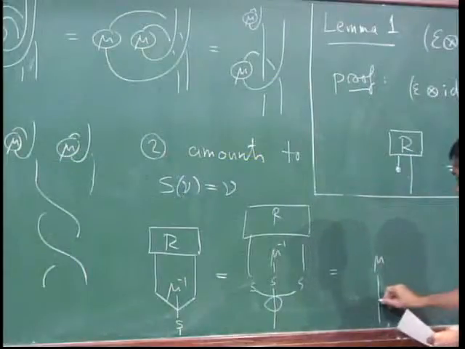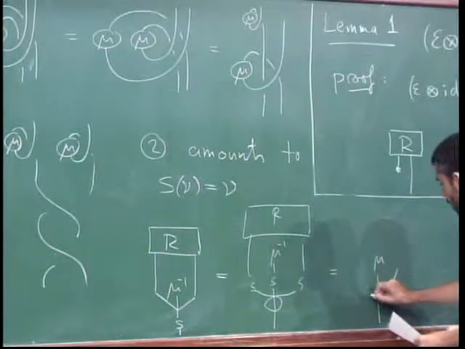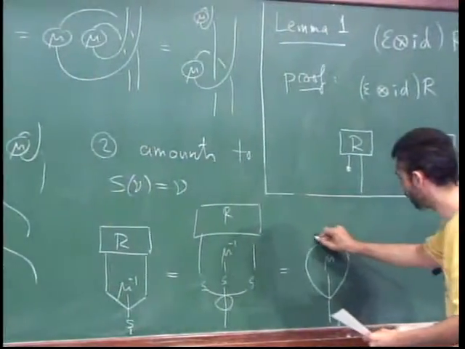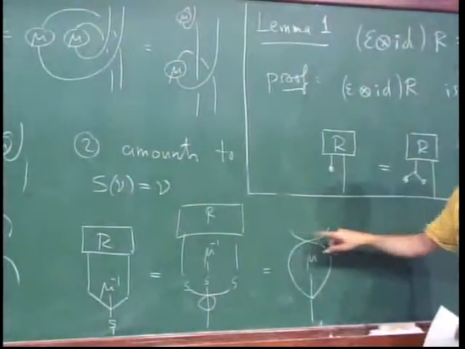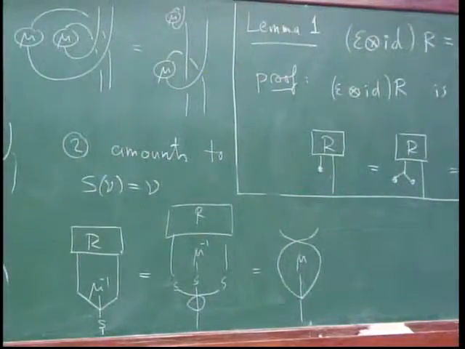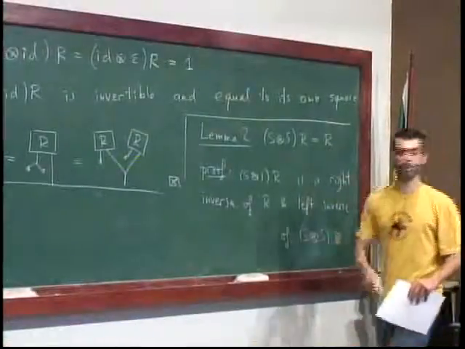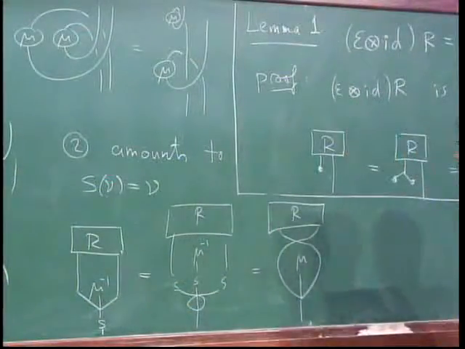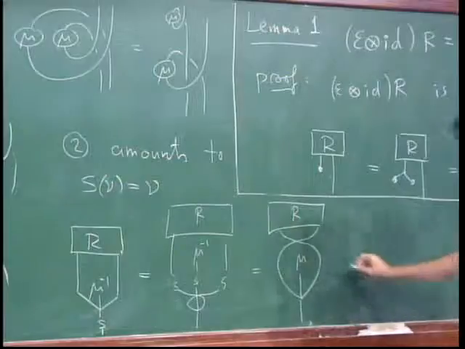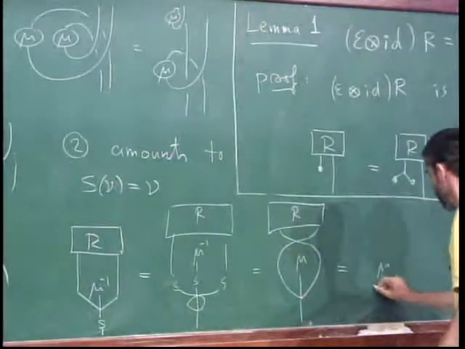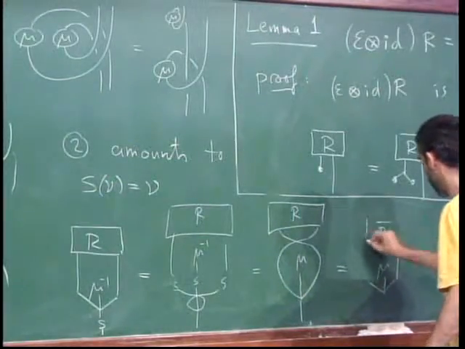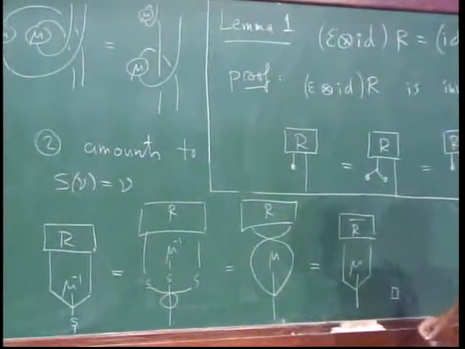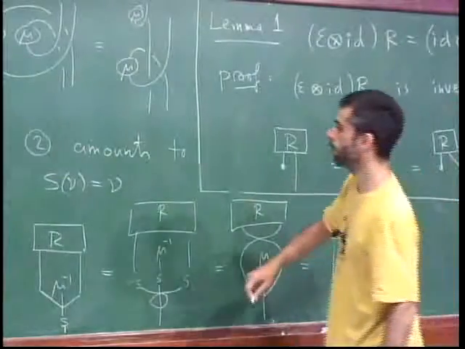That's one of the things we know. And this I can rewrite as having the crossing happening on top, and then I have two copies of S. But that's this lemma that says that two copies of S do nothing on R. Well, that's exactly the other definition. That's mu, and here R bar. So that's okay for